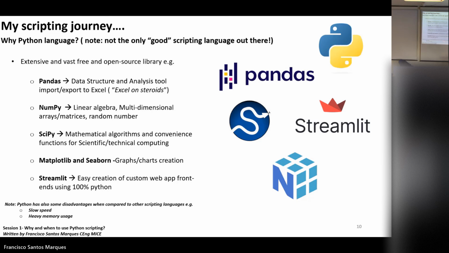And then, of course, we have matplotlib, okay? Matplotlib is a very well-known library for graph and chart creation. So if you want to create plots, definitely you need to have this one. And also you have Seaborn, which is constructed based on Matplotlib, but I put it here because Seaborn gives you access to certain features that in Matplotlib would require, let's say, 4 or 5 lines of code.